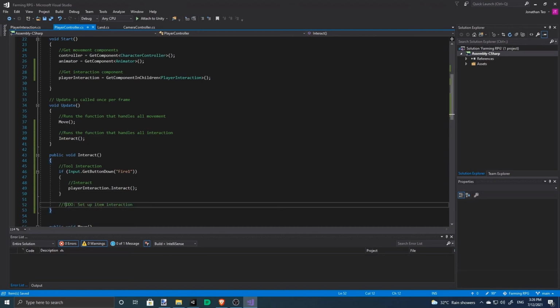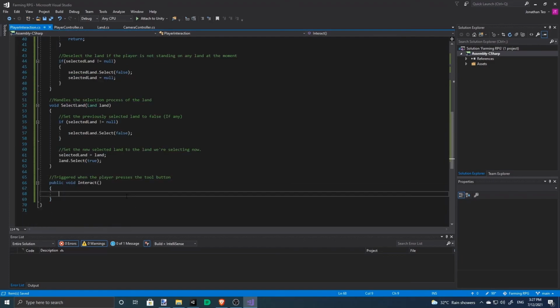We'll do this in a later part, but for now we'll just do tool interactions. So this is triggered when the player presses the tool button, it's going to interact.